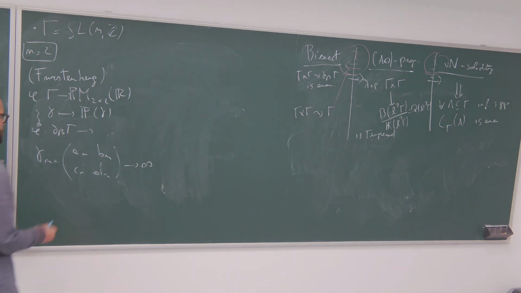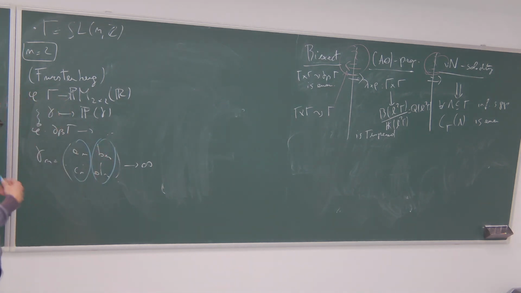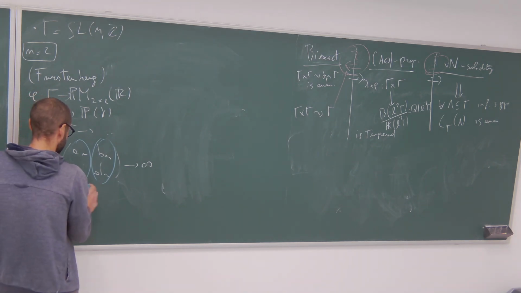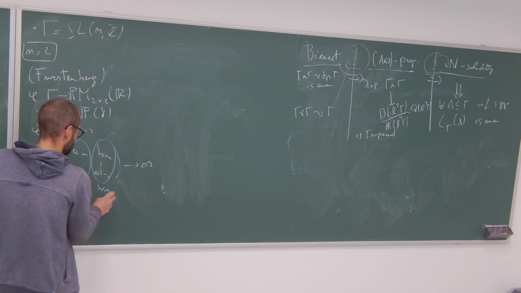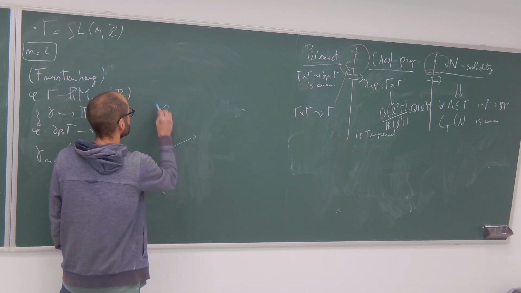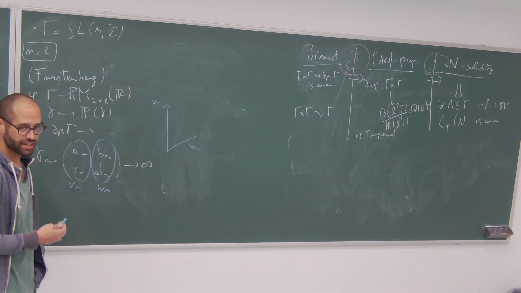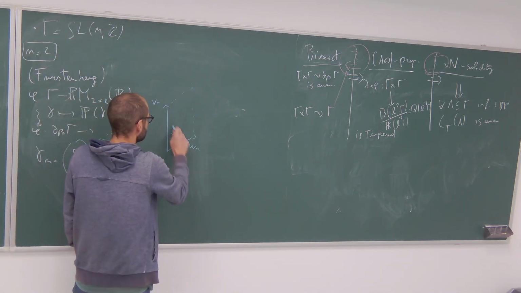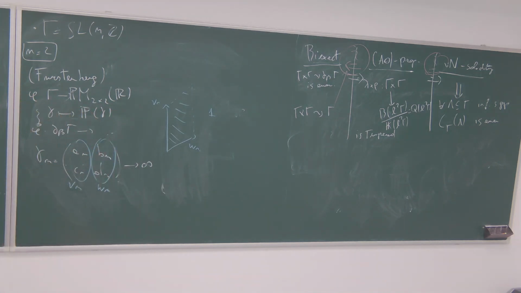Furstenberg was the following. Look at the two columns of these matrices, call them Vn and Wn, for example. So this is Vn, this is Wn. The fact that the determinant is 1 is exactly the fact that the area of this figure is always 1. And so if